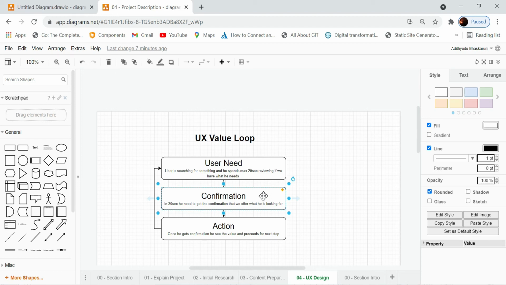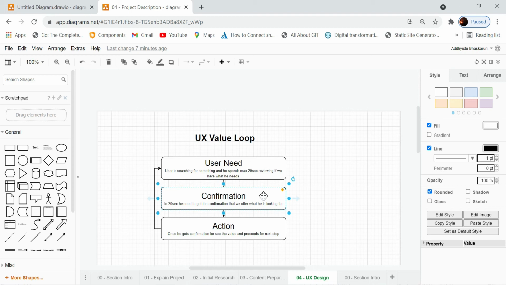First, he is coming onto this page, so what is the need with which he came onto this page? How am I giving confirmation that his need will be satisfied? And once his need is satisfied, what is the immediate action he needs to take so that he stays on our website and will not close and go away? The aim is to keep him engaged on your website so that you push the user from the awareness stage to the lead stage, and from the lead stage to the customer stage.